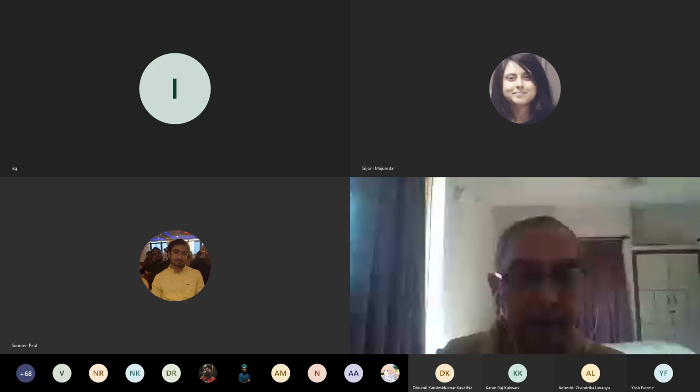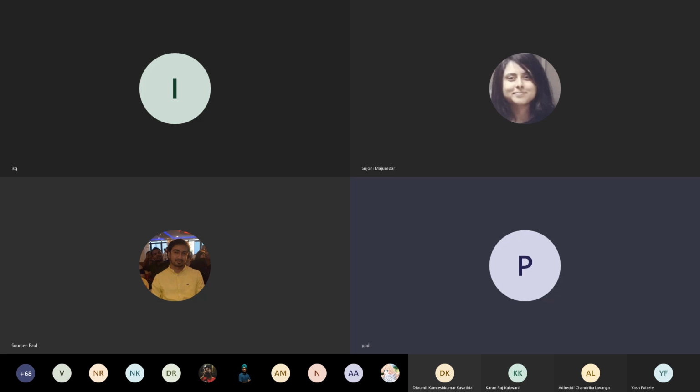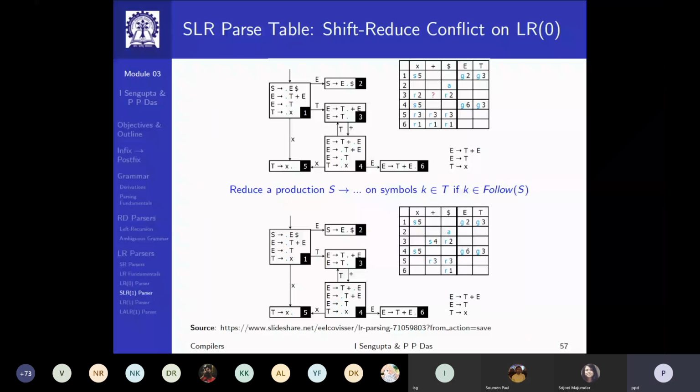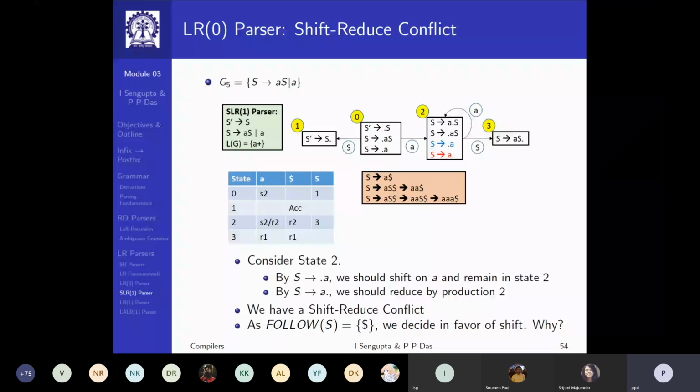So let me first get back to where we left in the last class in terms of the LR parsing. So we had been talking about SLR parsing. Let me go back a few slides. So after having talked about LR0 parsing, where we made the state machines based on collections of LR0 items, which mark up to which point in a production rule you have actually seen,